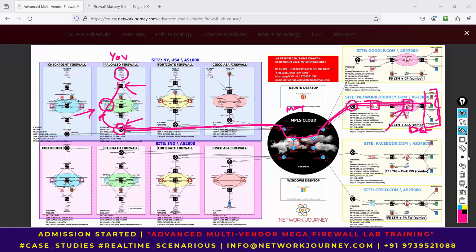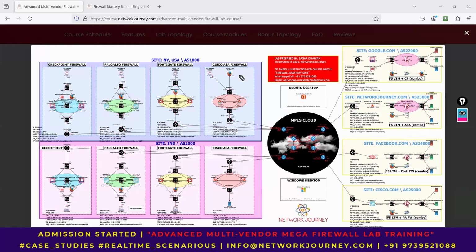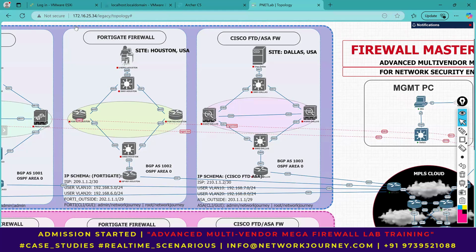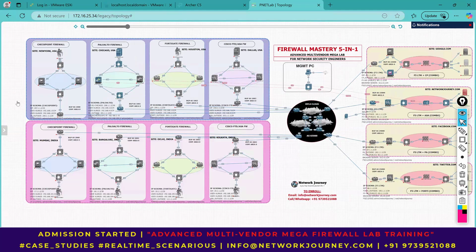technology. Okay, so I'll just show you this in the lab as well, how it looks like in the lab and how you bring up the nodes. So this is an EVNG based platform. So this is how it looks like. So let's say this is the user, and the user wants to ping or reach the application which is hosted here. So this is your source, this is your destination,